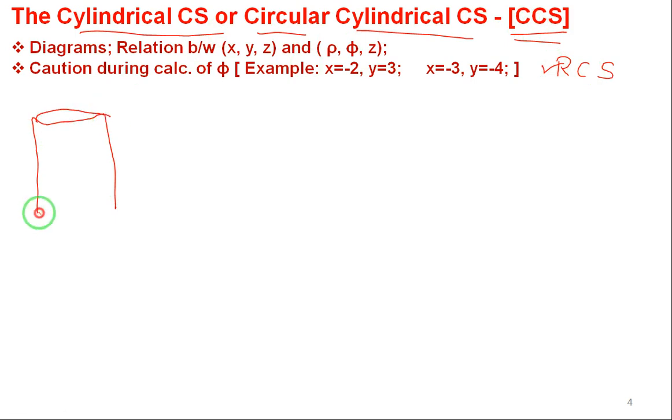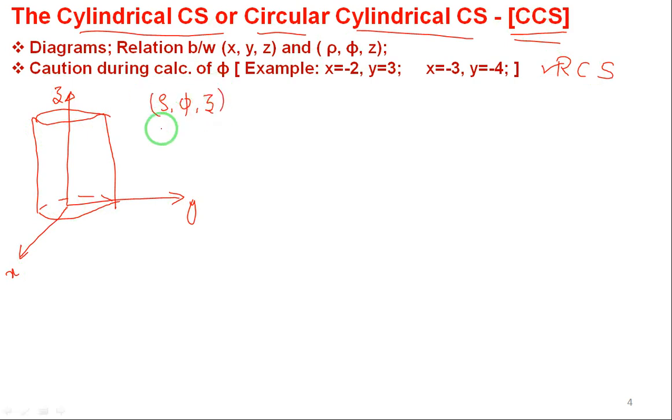This is a cylinder, right? Yes, I'll take the help of the three-dimensional rectangular coordinate system x, y, z in order to study the cylindrical coordinate system. In the cylindrical coordinate system, the coordinates are rho, phi, and z, just like x, y, z in the rectangular coordinate system. We'll see how the planes are there and all such things.